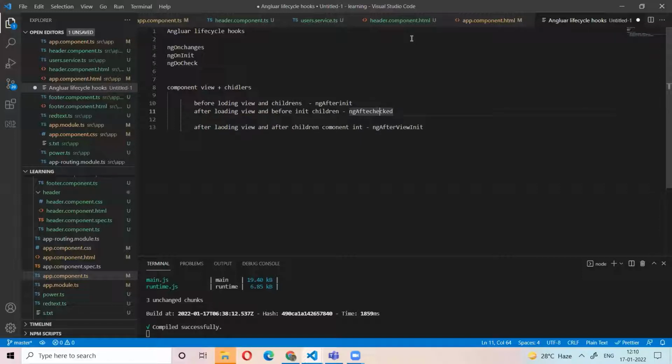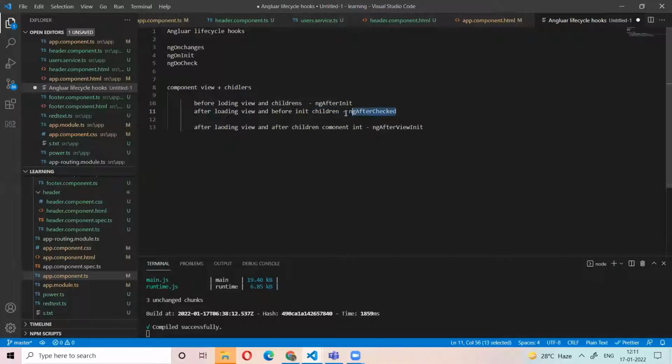Yes, so we are talking about the parent and child relation, right? So the parent's view means HTML and children. Before loading the HTML, ngAfterContentInit. HTML is loaded, but still the child component is not initialized.